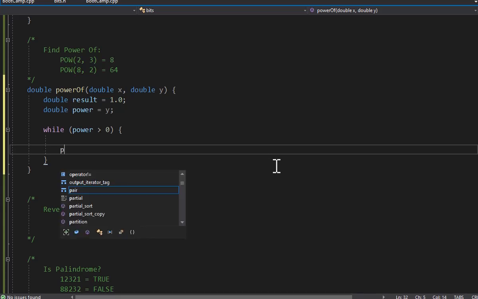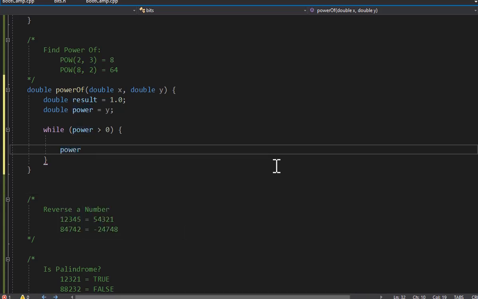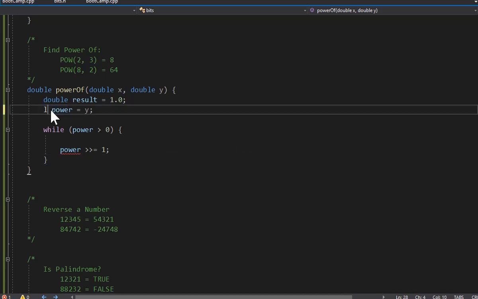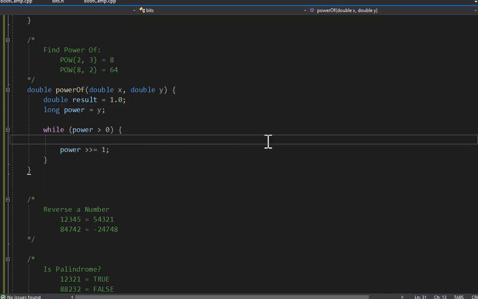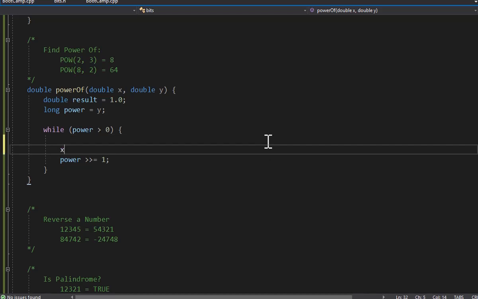So what will I do with power? At every iteration of the loop, I am going to do a right shift of the power. What that will do is reduce this value as we keep going. So that's what this is supposed to be doing over here. And then I also have to do x